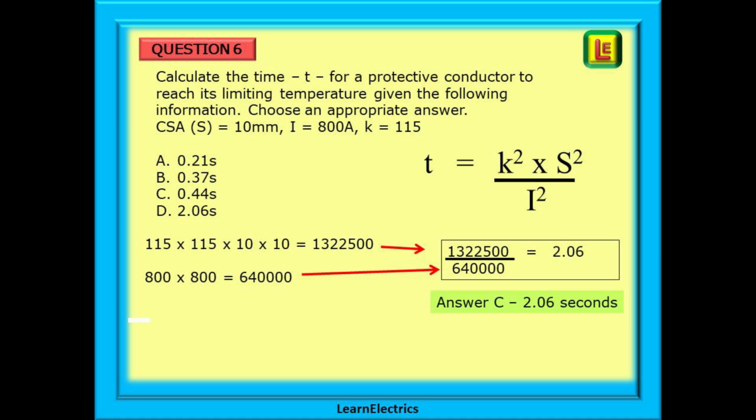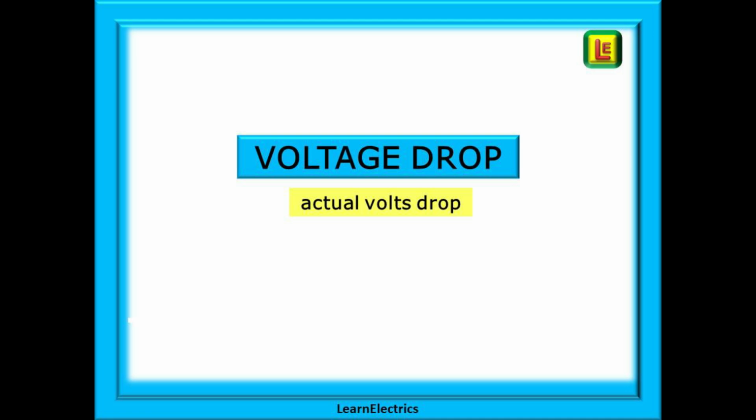The answer this time is 115 times 115 times 10 times 10 to give 1322500, and 800 times 800 to give 640000. Divide one into the other and we have 2.06 seconds. Choose answer C. We can look at voltage drop now and begin with calculating the actual voltage drop in the